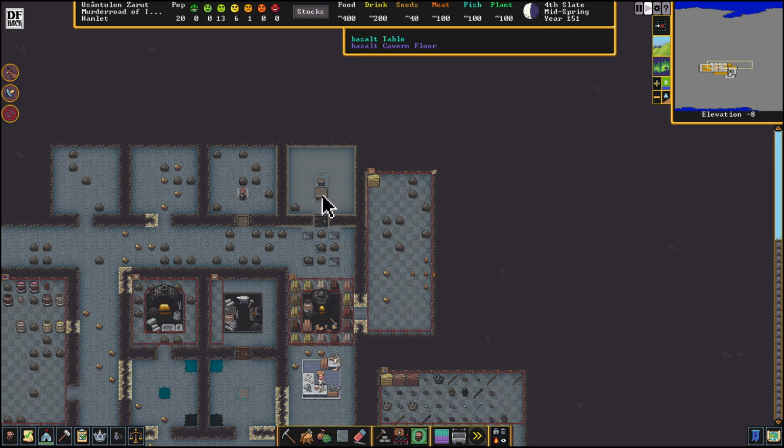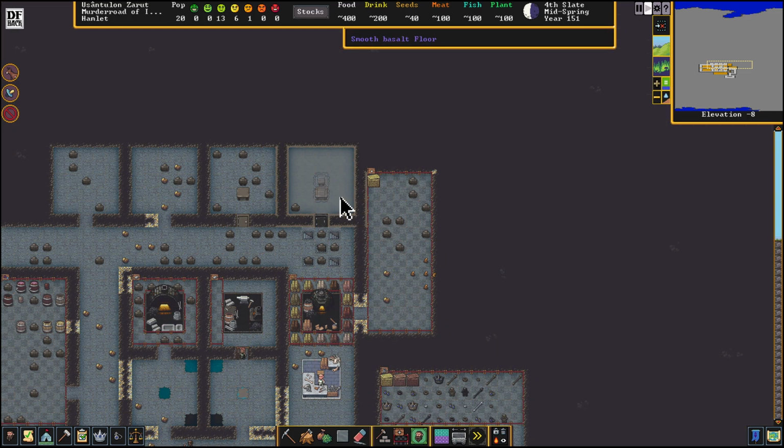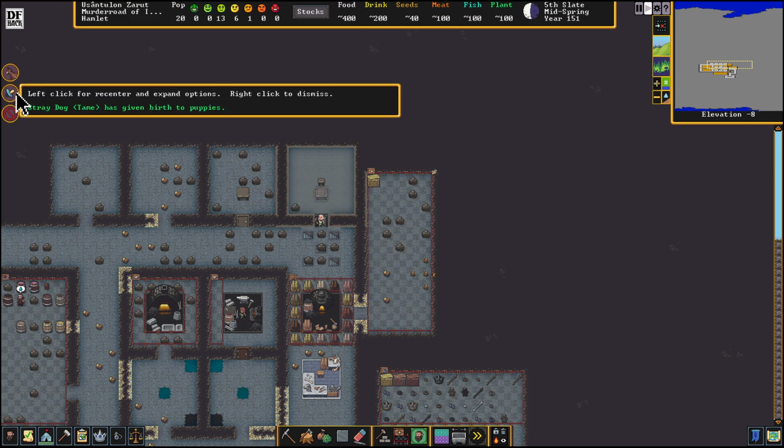See this? I don't like this. We have to destroy and remake the table and chair because they didn't smooth underneath it. Right? Oh, then maybe they can get it if I redesignate it. Let's see. I think it does that with statues, but